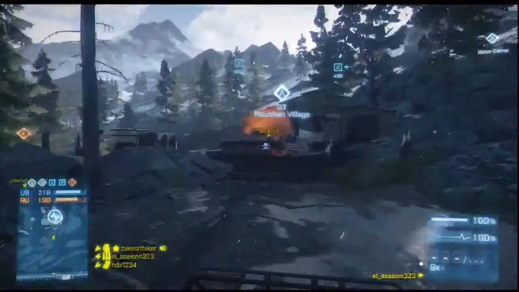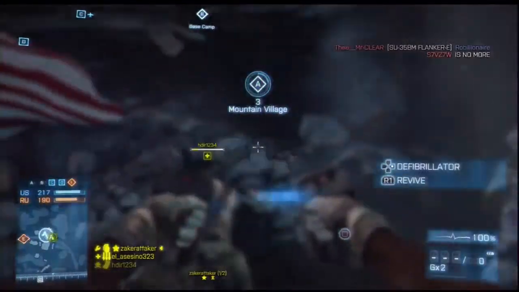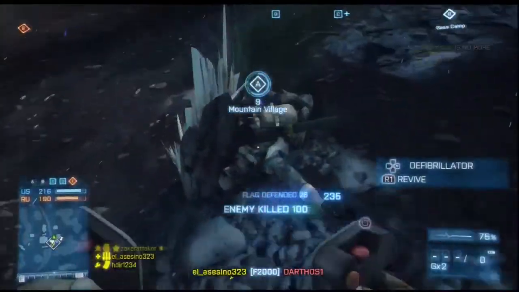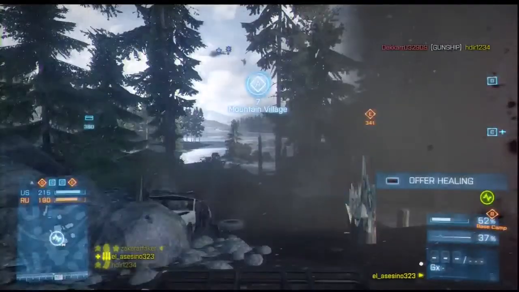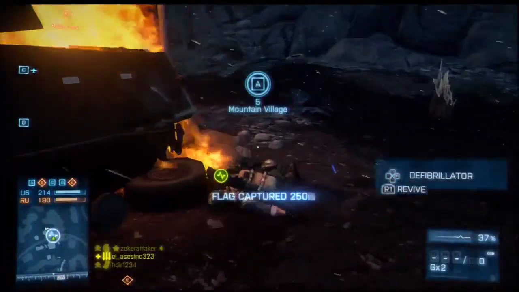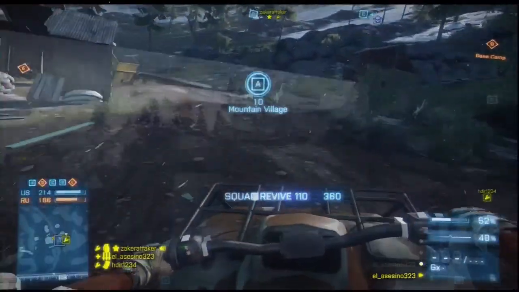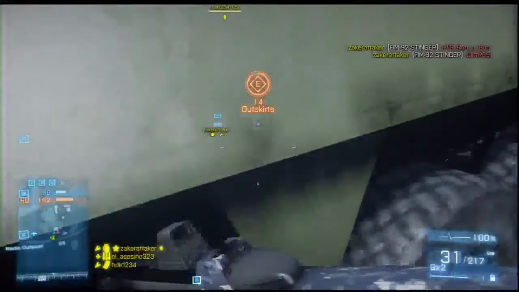You're fighting on the snowy mountains. You could go hide right there. You could camp right there. And it's a pretty fun game mode, especially in Rush. Rush is a pretty cool game mode to play in this map. For Conquest, it's a cool map to play too. There's 5 flagpoles for the PS3. There's A, B, C, D, and E, and